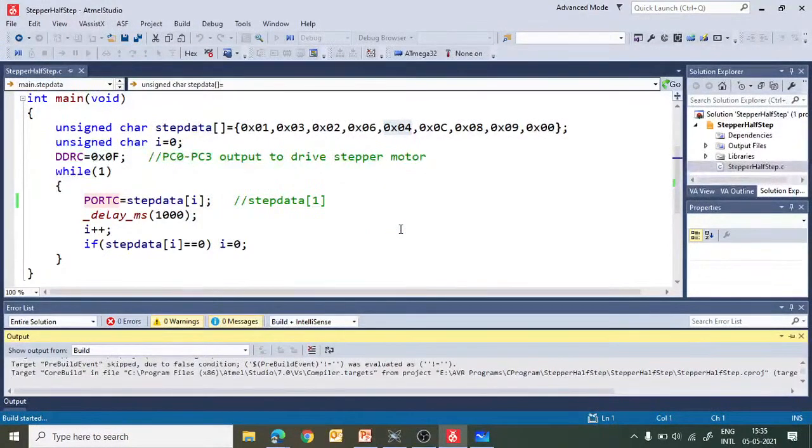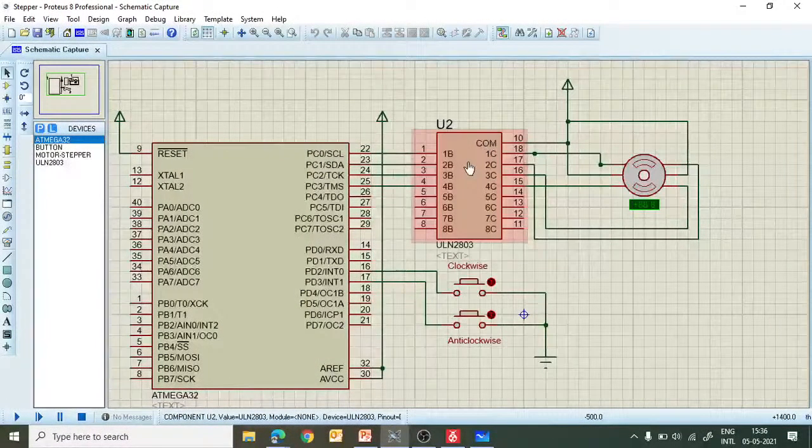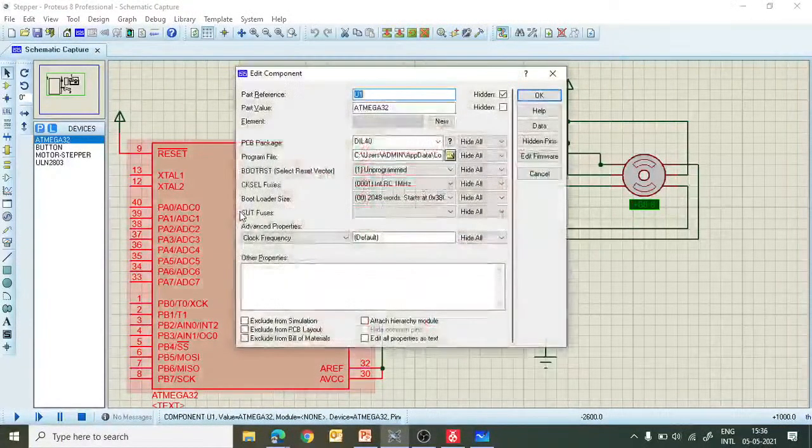After building this program, a hex file will be generated, and this is the Proteus schematic in which the stepper motor is interfaced with the help of a ULN2803, which has 8 Darlington transistor pairs. PC0, PC1, PC2, PC3 are driving the motor. Let us specify the hex file here.